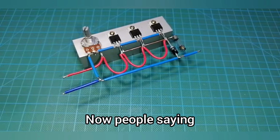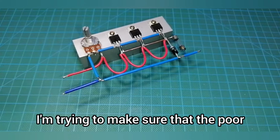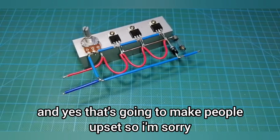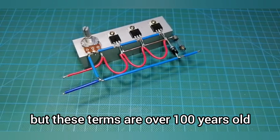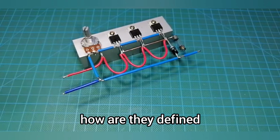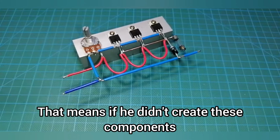Now, people saying that I'm playing politics, I'm trying to make sure that the poor has this for free. And yes, that's going to make people upset. So I'm sorry, but these terms are over 100 years old and they have been defined. How are they defined? Because you're using recognized components like you see above. That means if he didn't create these components,